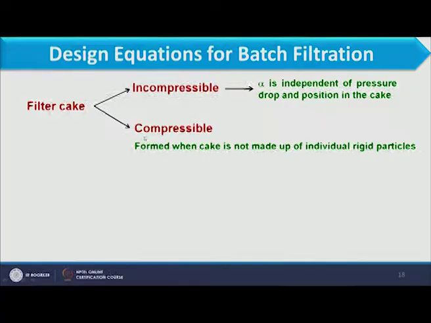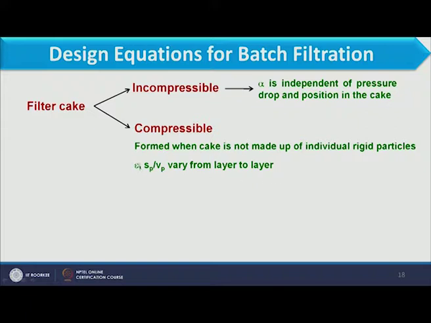And here we have assumed the cake to be incompressible, so it should be free from the pressure drop, or it should not depend on the pressure drop, the alpha value. And here we are considering the compressible cake, where we have different conditions, such as the compressible cake is formed when the cake is not made up of individual rigid particles. When particles are not rigid, then we can make the compressible cake, where epsilon, Sp by Vp vary from layer